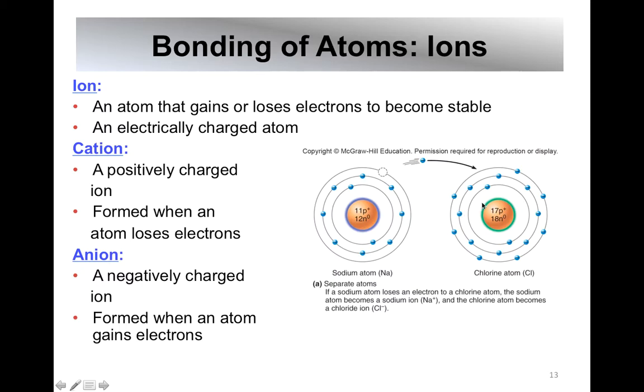So in this example, sodium will give up its electron to chlorine so it can have a full outer shell. So now its second shell is its outermost shell and it's full. And chlorine, which had 7 in its outer shell, will pick up that electron. But now sodium